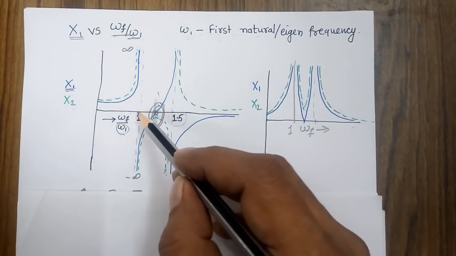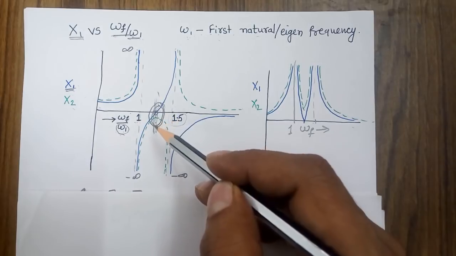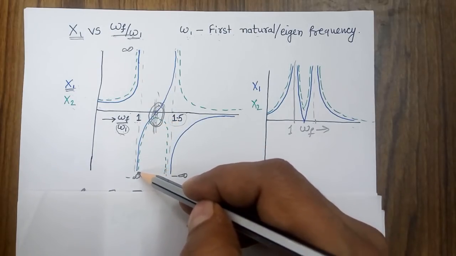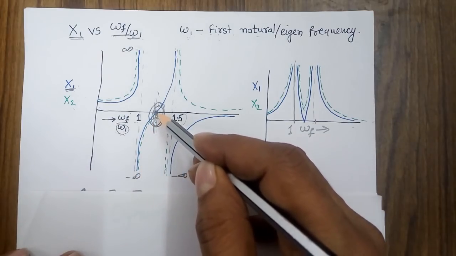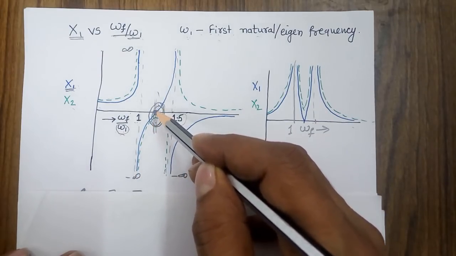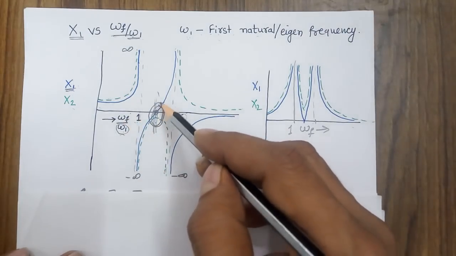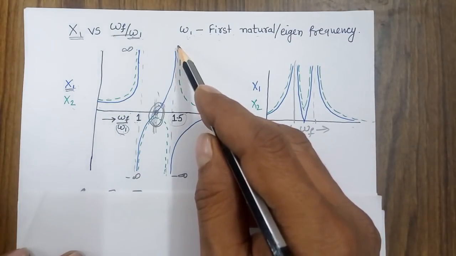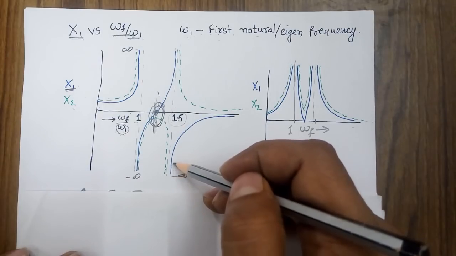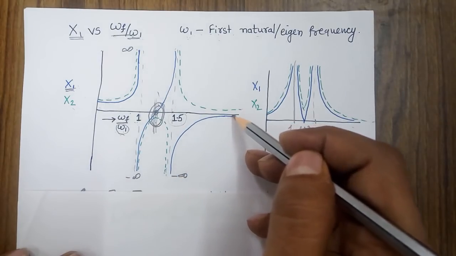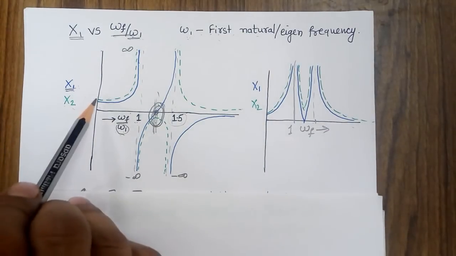When I increase the frequency further, my formula gives me a negative value, but again it will be very close to infinite. So I am plotting my line from negative infinity, and as the frequency increases, the response becomes 0 at a certain value. This value corresponds to a particular value of excitation frequency, and again it increases and goes in the positive infinite direction. And when it goes further, again it starts from the negative infinite direction and goes in this way. Similarly, when I look at the response of the second mass, I have a similar pattern, but